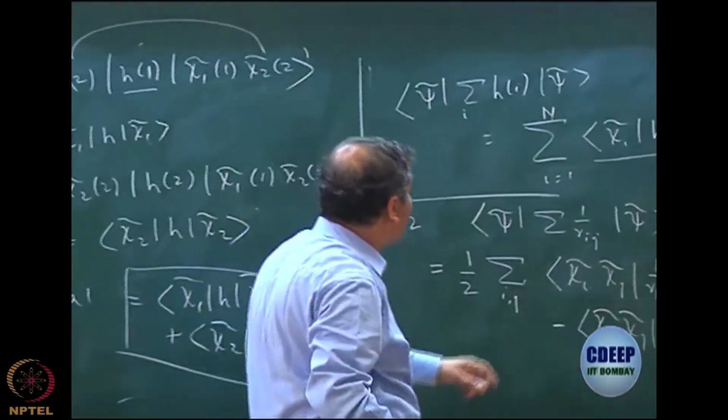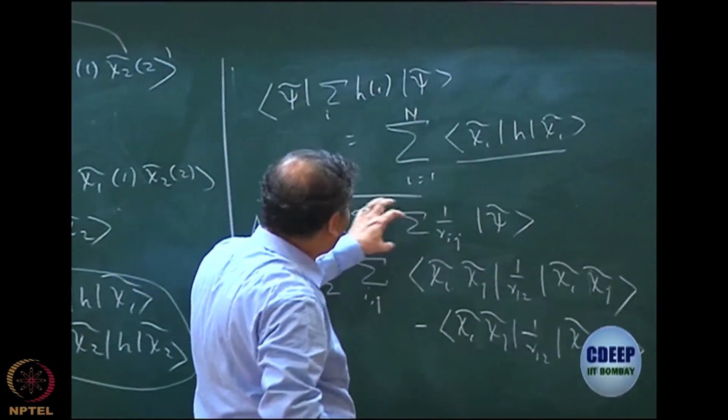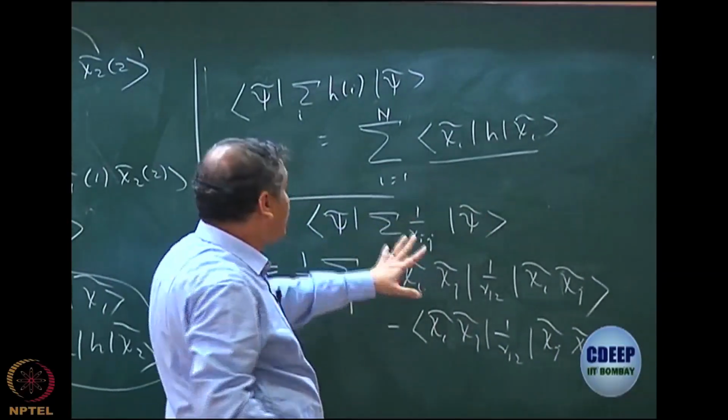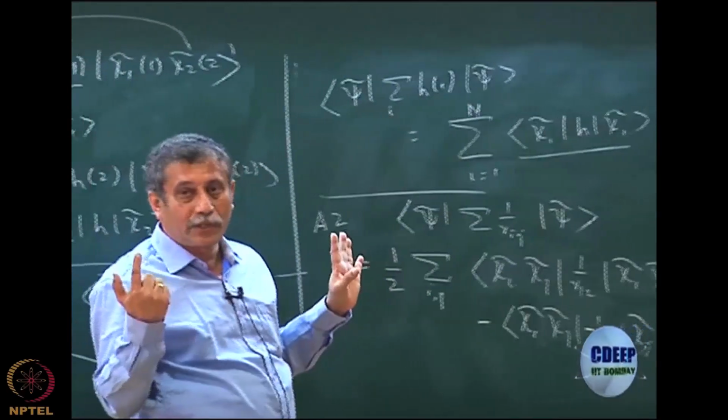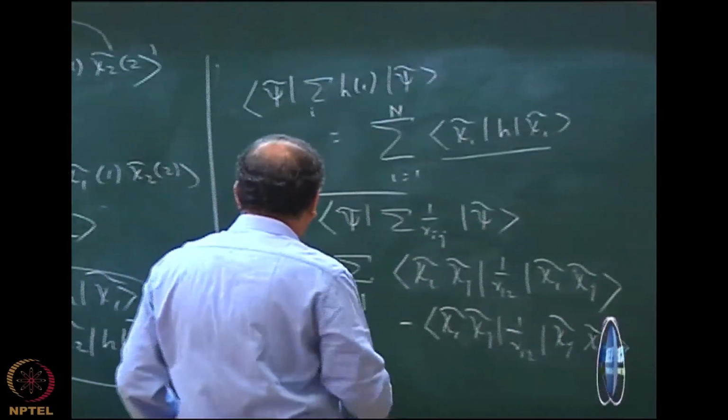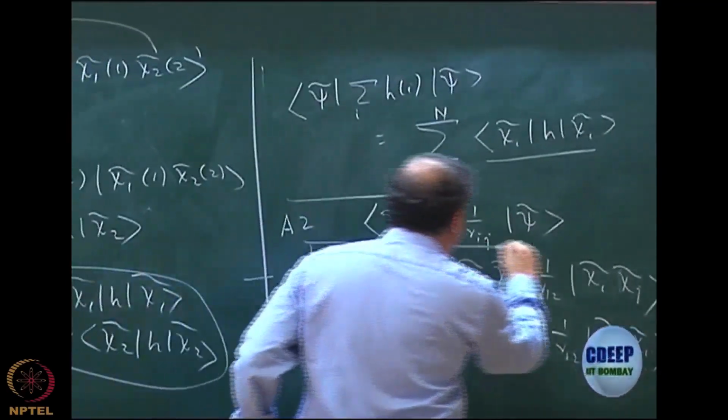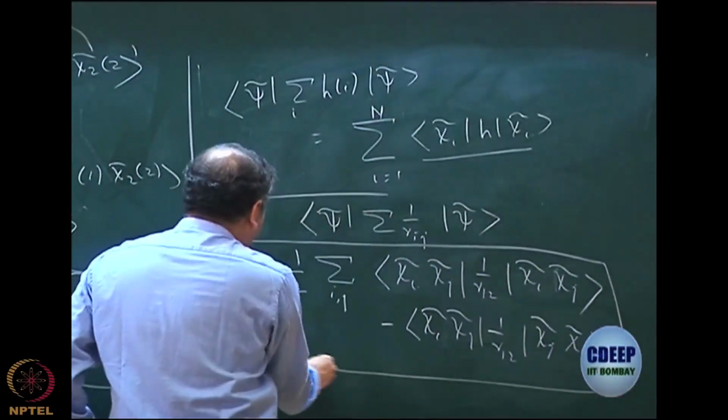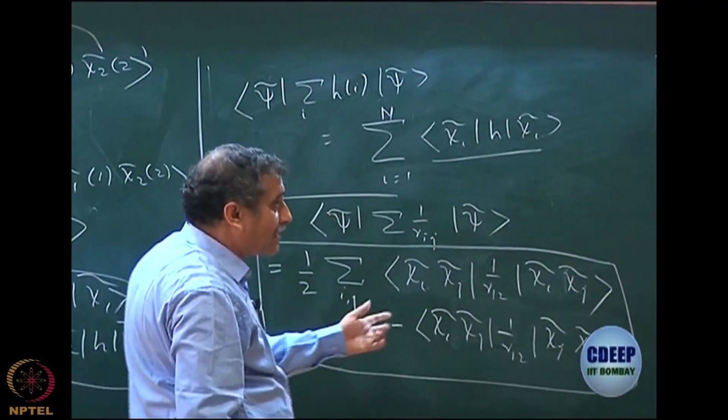You have NC2 terms here, you have n factorial here, n factorial here. You can check this for the 2 electron problem, 1 by R12. There is only one term there. There is only one term here. So here this is a very important result which I am going to use, and the result says there are